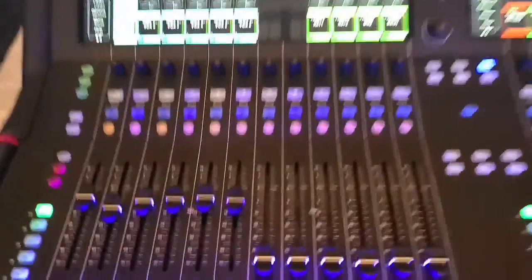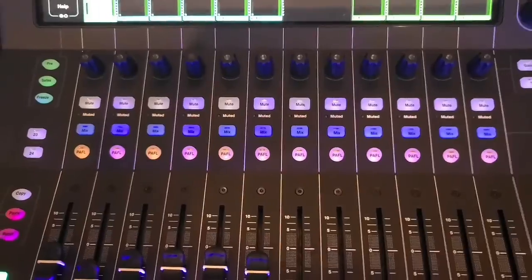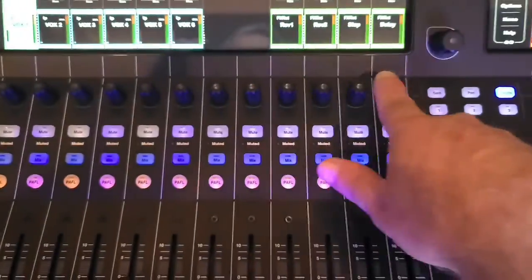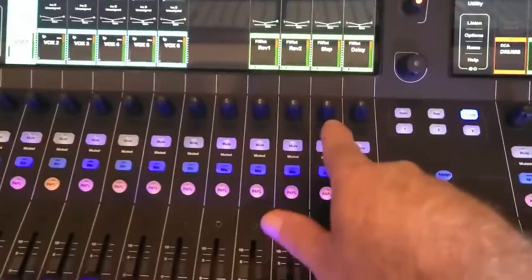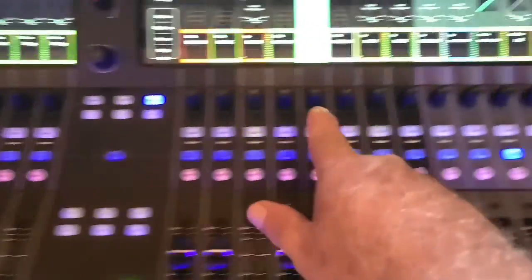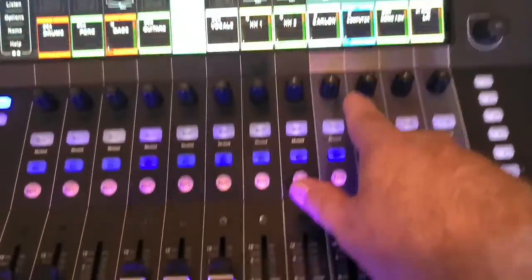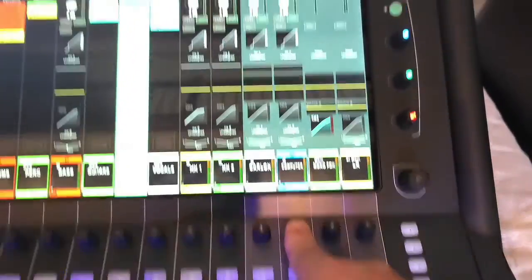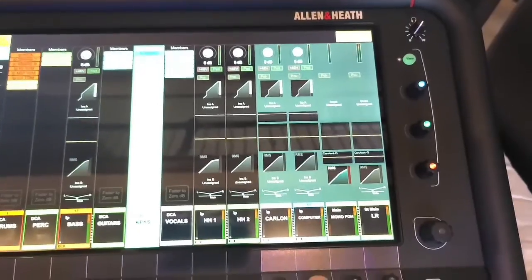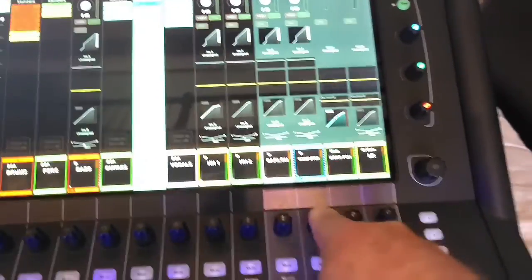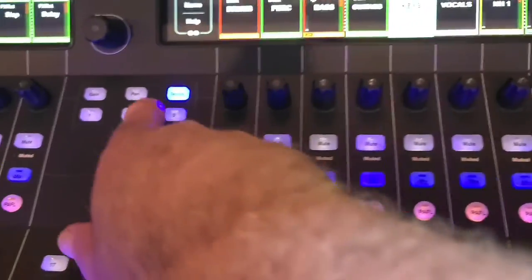Now I want to show you the functions of the strip rotaries or the channel rotaries in this row across here. These, like I said, are soft, can be used for various functions. Same is true over here. For example, let me just go to the computer input. If I want to control the pad or the trim on this one, I can hit over here,